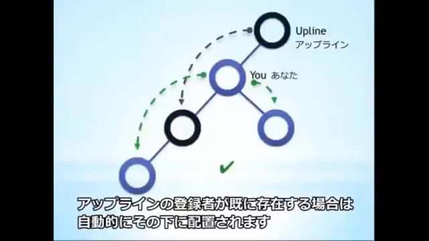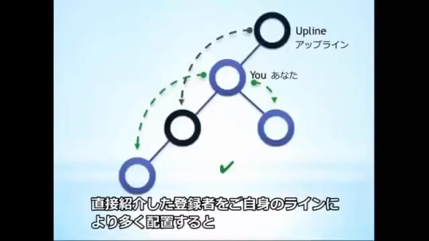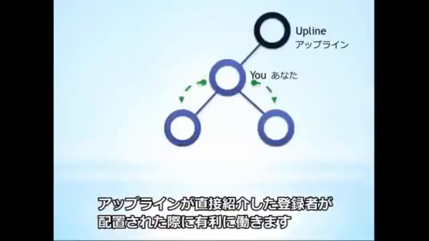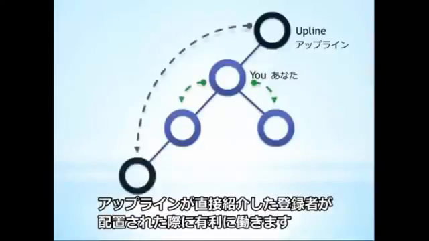If your upline has placed one or more people in your group, then when you enroll your contact, they will simply go under those that are already there. This in no way is a disadvantage for your contact, but it is a very good reason to get your people in quickly, so that they too can benefit from upline help.